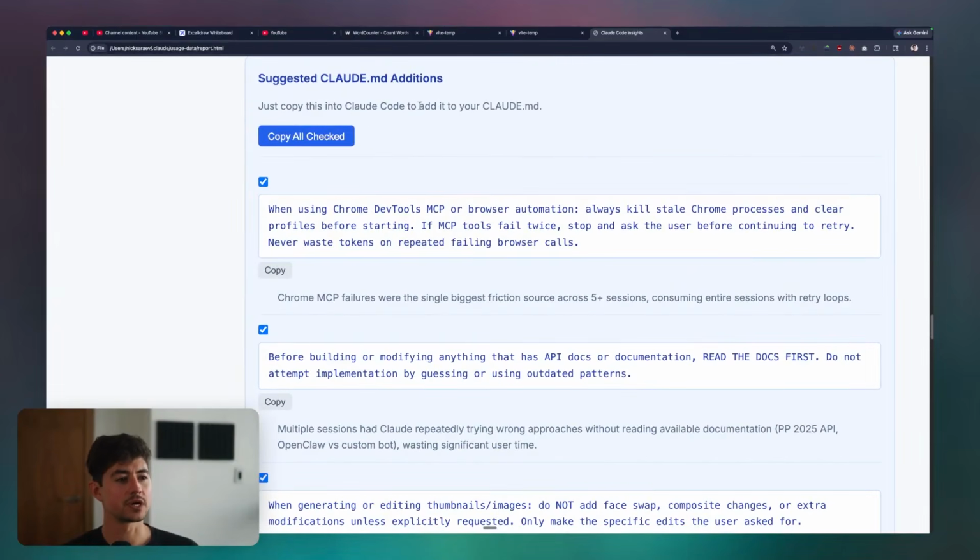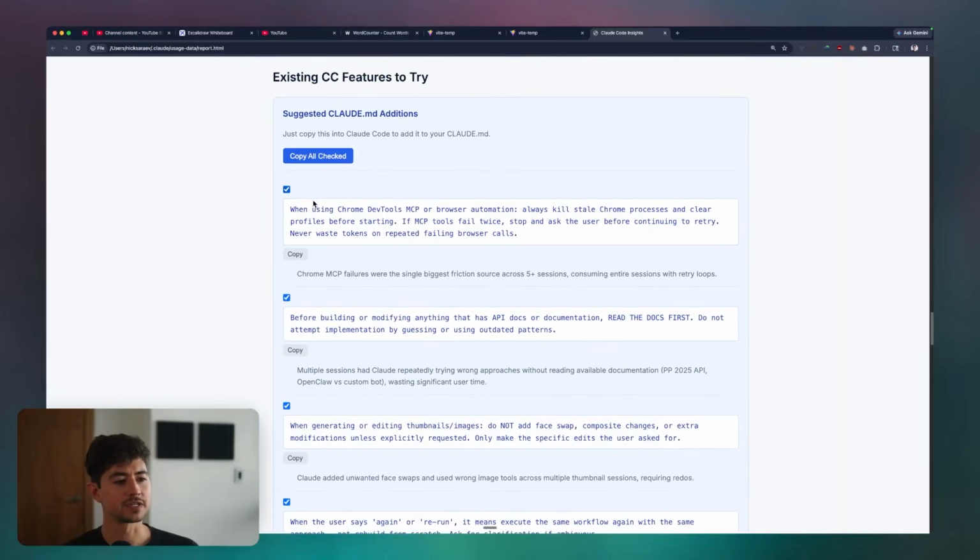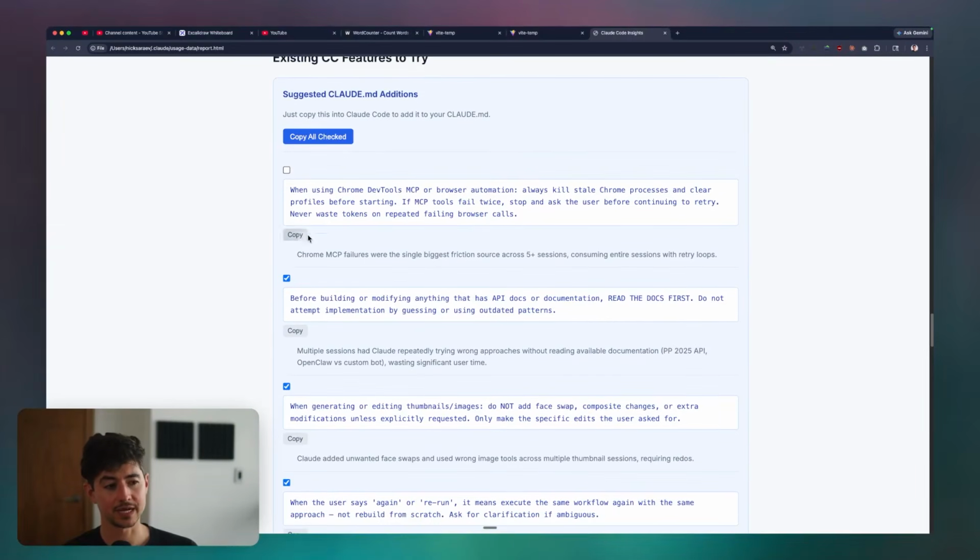You can just copy this into Claude Code and add it in your Claude.md. So for instance, when using Chrome DevTools MCP or browser automation, always kill stale Chrome processes in a clear profile before starting. If the MCP tools fail twice, stop and ask the user before continuing to retry. Never waste tokens on repeated failing browser calls. This is actually quite valuable just given how many times I have tried to have it run Chrome DevTools MCP